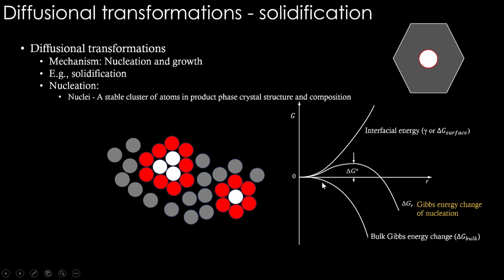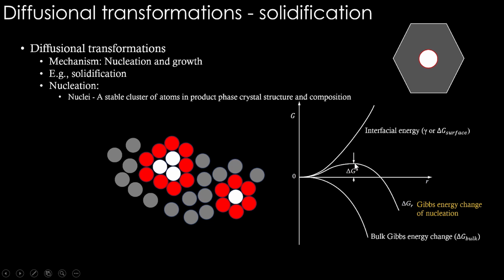Okay, so that is this graph. This graph is going up, actually it is not going down. The fact that it is going up tells you that for all these sizes of nuclei, the clusters forming will have a positive Gibbs energy change. This delta GR keeps going up, reaches a maximum and then starts decreasing, meaning beyond a particular size of this cluster, the Gibbs energy change of nucleation is dominated by the bulk Gibbs energy change. That's the reason why it is overcoming the interfacial energy aspects and making the entire delta GR negative.